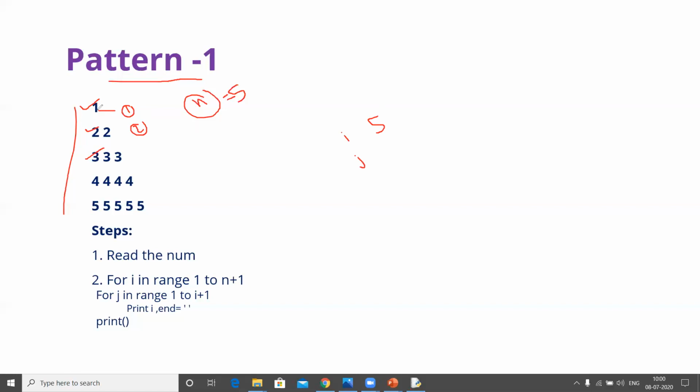Now observe, for the first time i value will be 1. I am tracing this logic, observe. And the j value will start from 1, and while j is less than or equal to i, you need to go. First, j is 1. 1 is less than or equal to 1? Yes, print. Now increment j. j will become 2. Is 2 less than or equal to 1? No. Then come out of the loop, print an empty statement,